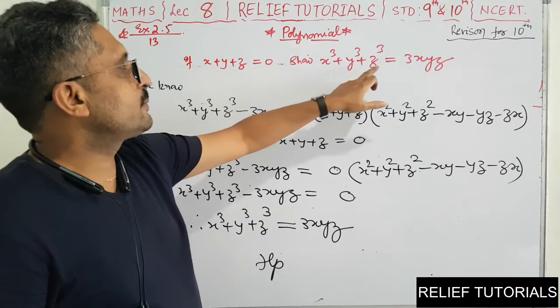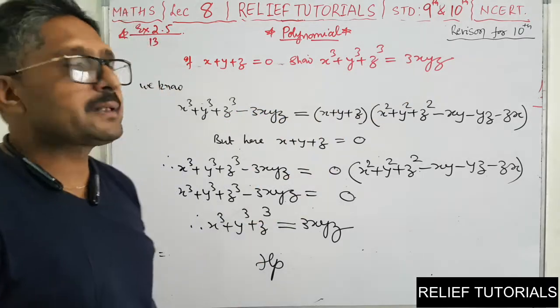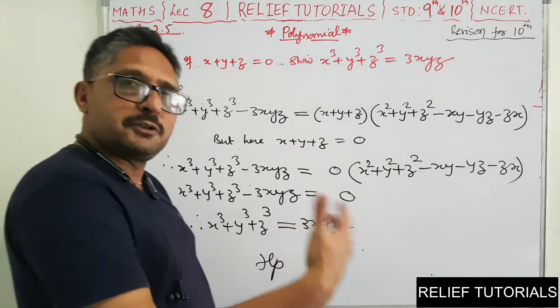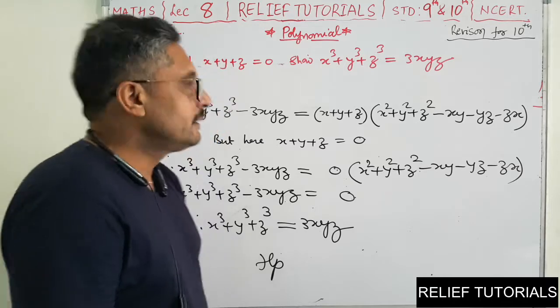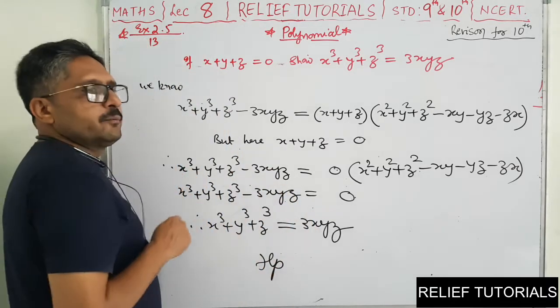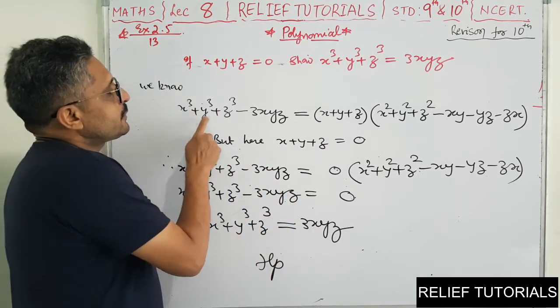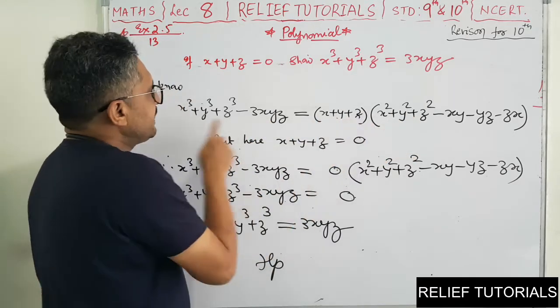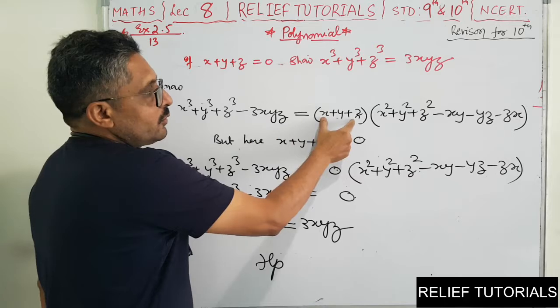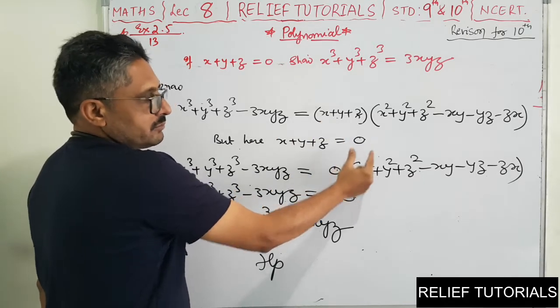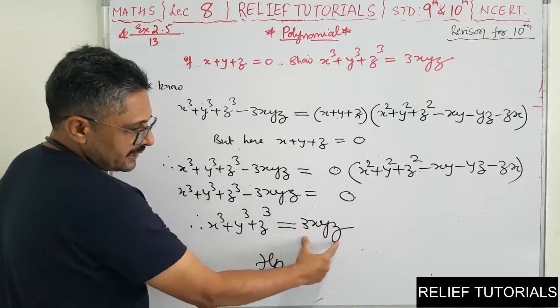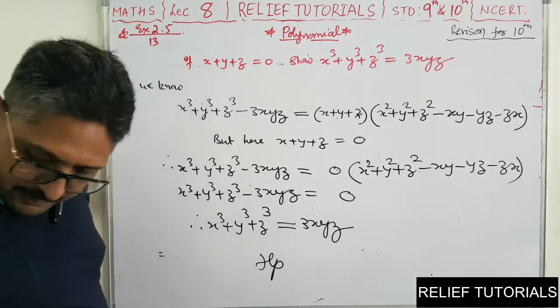So if x plus y plus z is equal to 0, then we can say x cube plus y cube plus z cube is equal to 3xyz. Please remember this very important result. Based on this result, we will do a few problems. So what is the moral of the story? The moral of the story is x cube plus y cube plus z cube minus 3xyz is our formula, and if the sum of these three variables x, y, z is 0, then everything will be 0. 0 into anything will be 0. Then minus 3xyz will go on the other side, so 3xyz. This will be our result.